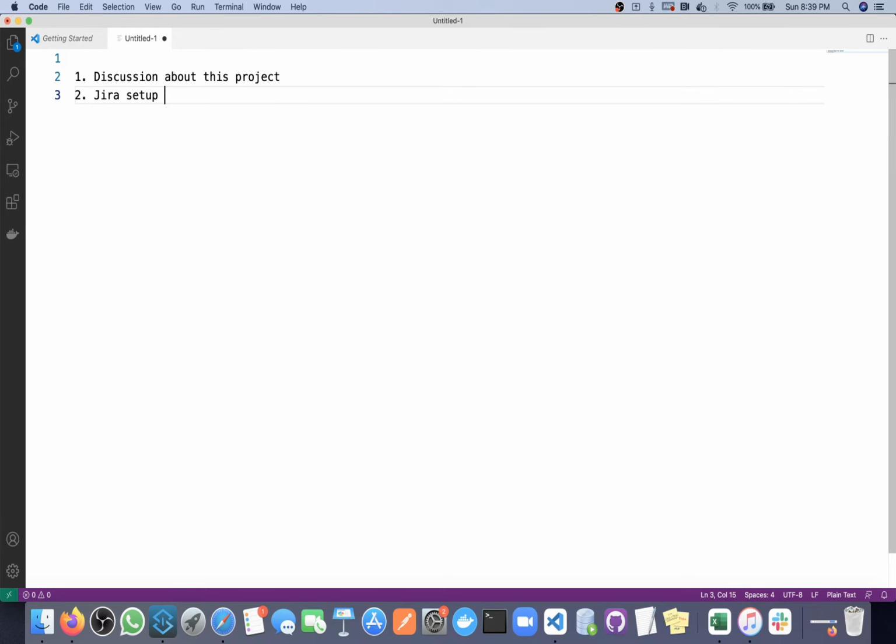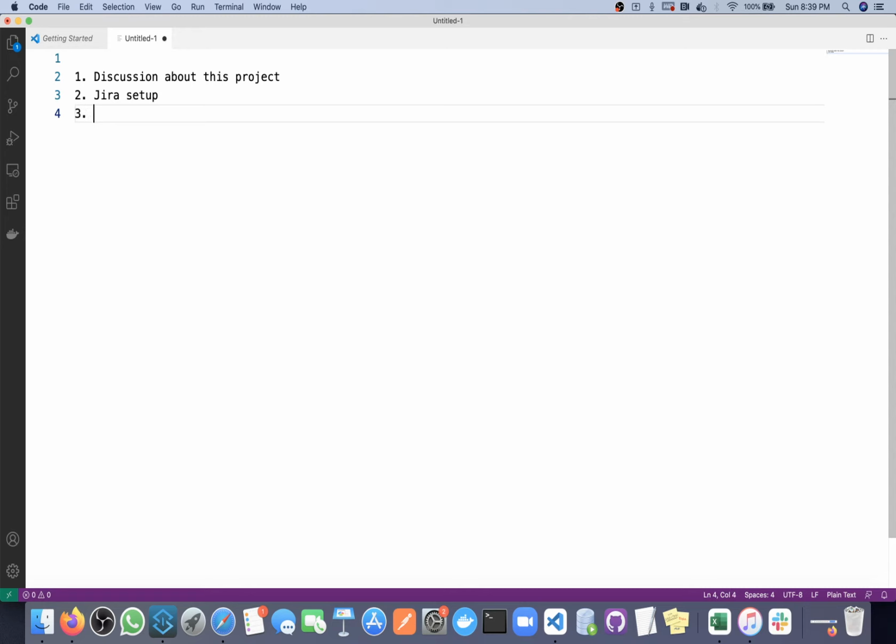Okay, so if you go to any organization, once they do high level documentation of the project, then the development task should be started. Before that, they divide that work into multiple sprints or multiple modules. So the same thing we'll do. With the help of Jira, we'll create a sprint, and then inside that sprint we will create multiple stories, and we'll see how we will manage Jira.